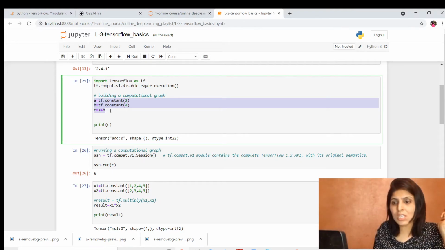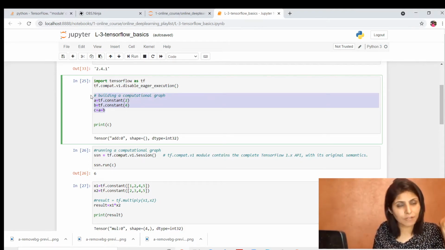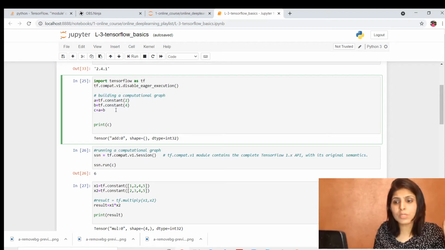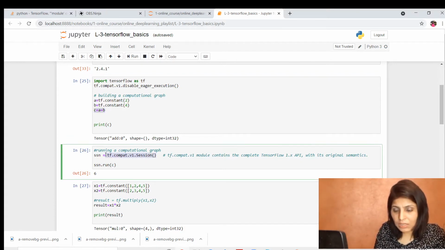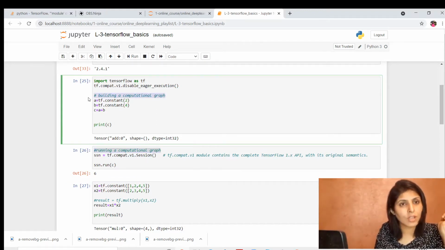This is just called building a graph. If you want to see the output, like what the addition of these two variables would be, then you need to run the graph. I've given a comment over here also, running a graph. And over here we are building a graph. Building a graph simply means we are telling what to do.